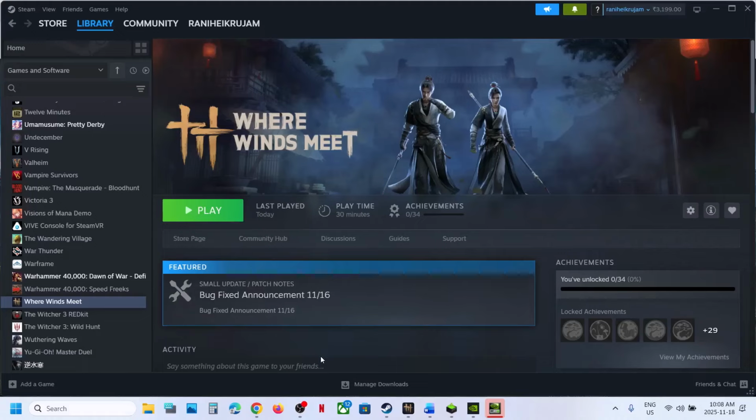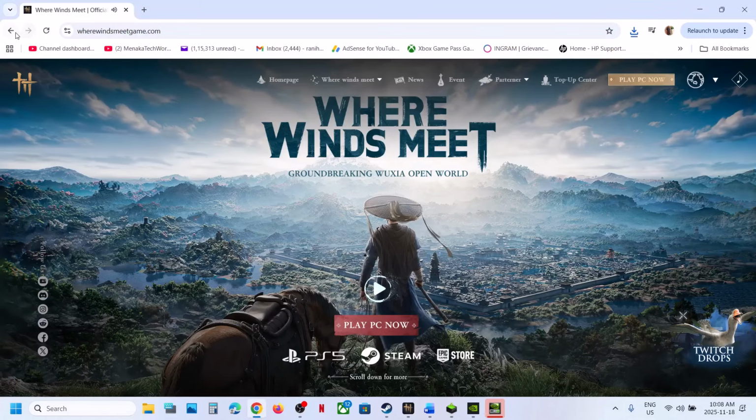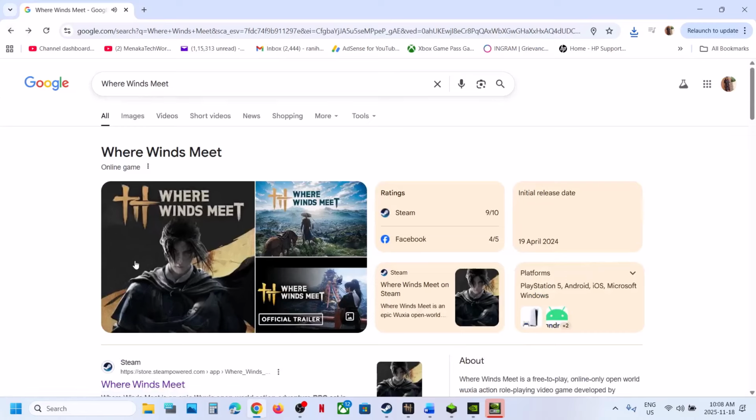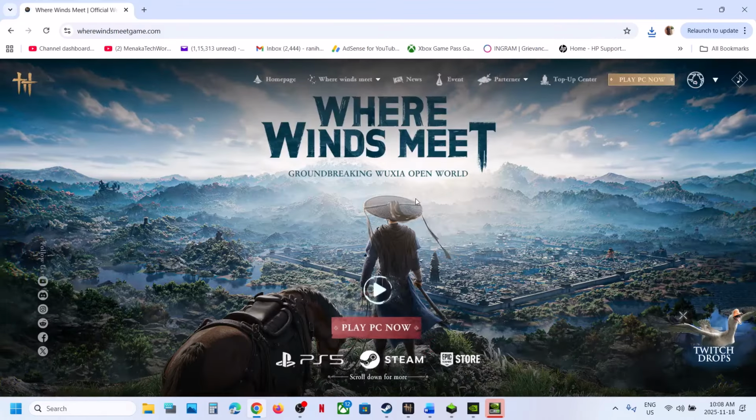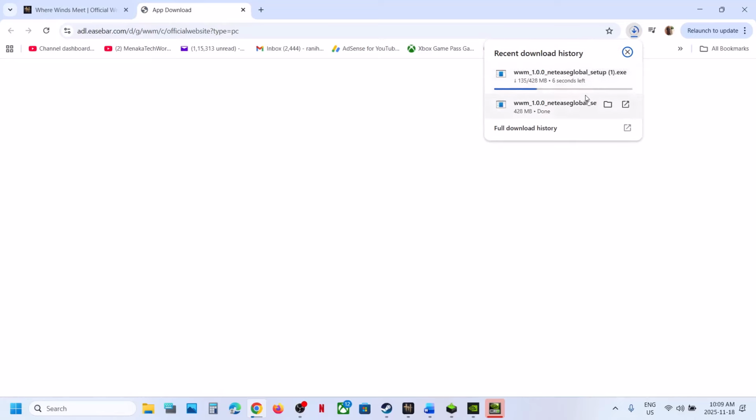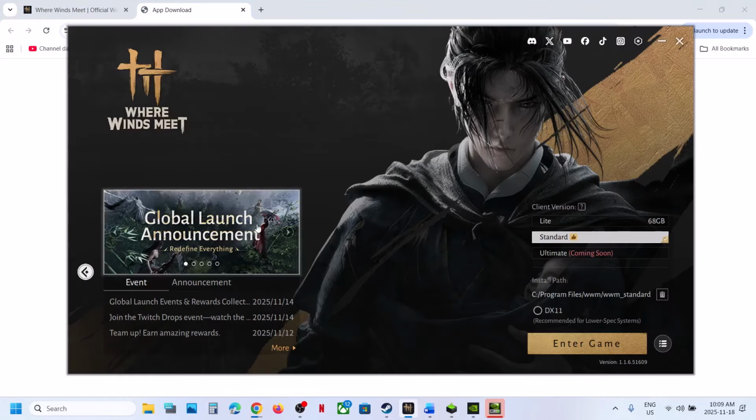Now, if you have the game on Steam, you can go to the official website. So you can search in Google and then go to the official website and you can install the game from the official website. You can run this exe file and then you can install the game and then it will take some time to download it, install it, and then you can launch the game from here from the launcher